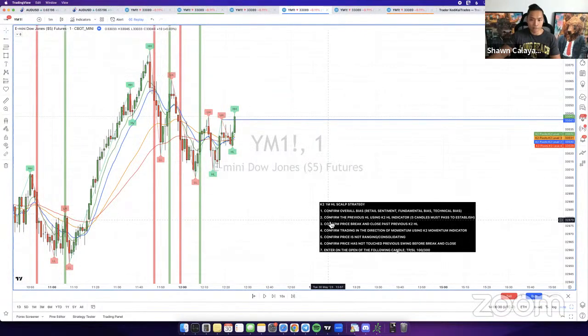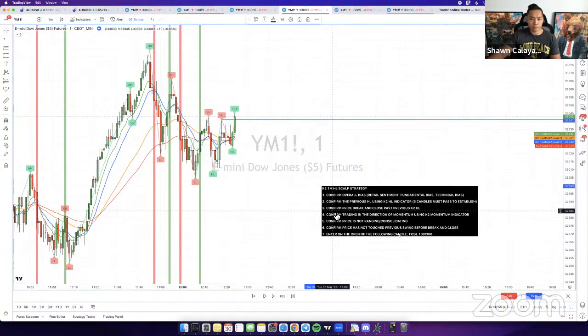Confirm step one. Second, you want to confirm the previous high low. So right here, you want to confirm that there's an established previous high low. You can see this lower high right here. There are about 4 or 5 candles that passed after it: 1, 2, 3, 4, 5. This would be the 6th candle. With that said, we have a high low established, right? So once you confirm that, we would have confirmed steps 1 and 2.